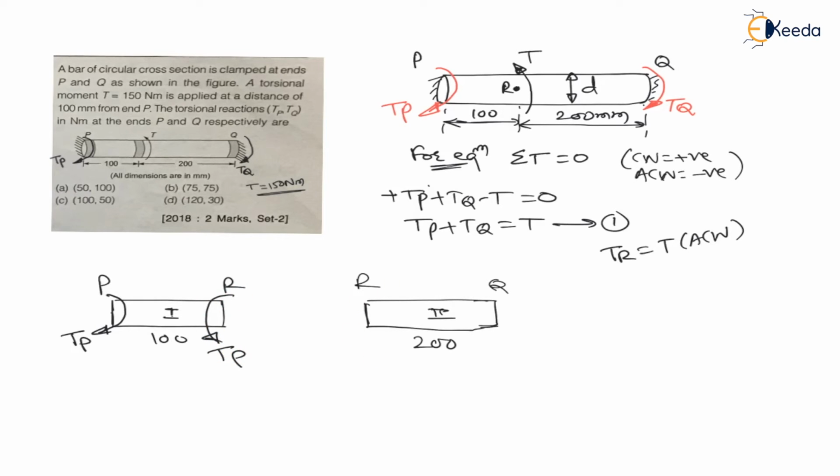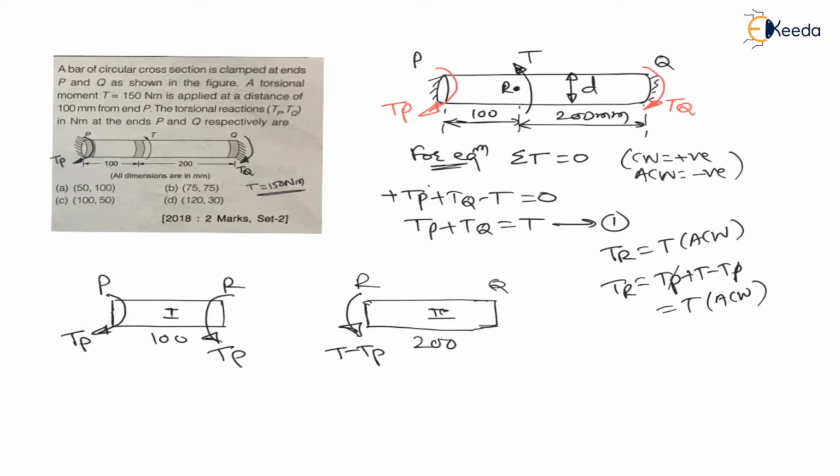Therefore, more torque needs to be applied here. That means torque at R must be T, and already I have applied TP. Therefore, I need to apply more, T minus TP, in anti-clockwise direction. Now see here, this TP plus T minus TP will get added. Both are in anti-clockwise direction or not? Both are in anti-clockwise direction. Therefore, torque at R will become TP plus T minus TP, where TP will get cancelled, giving T in anti-clockwise direction. Resultant will be in anti-clockwise direction. Right. This is how we draw a free body diagram in engineering mechanics.